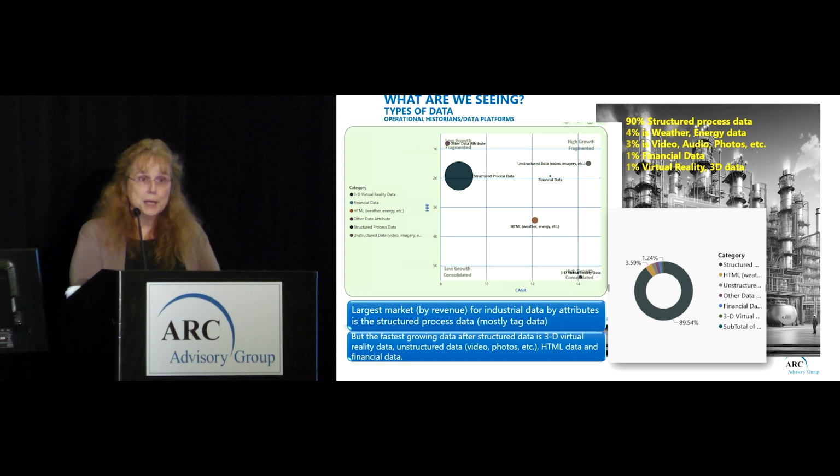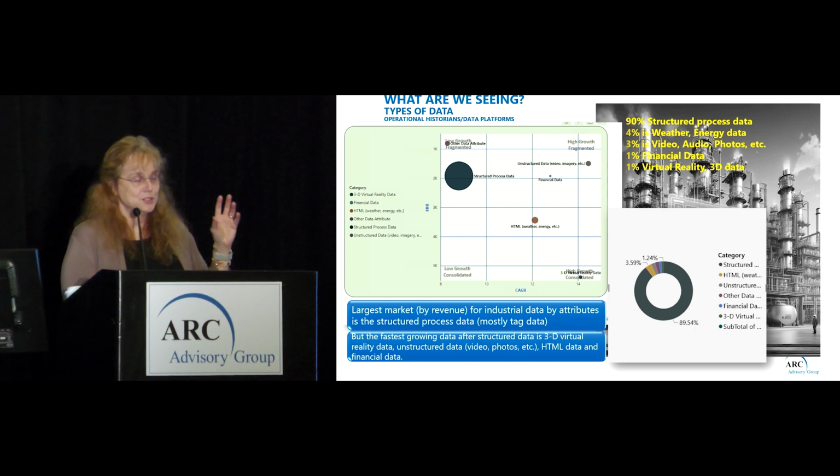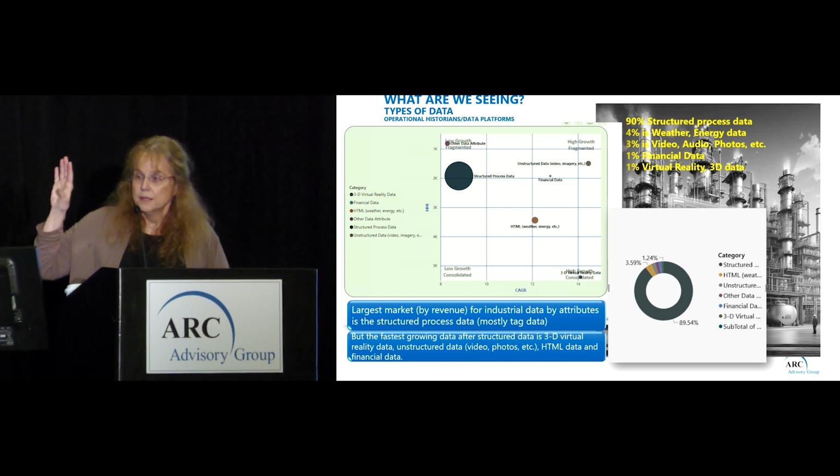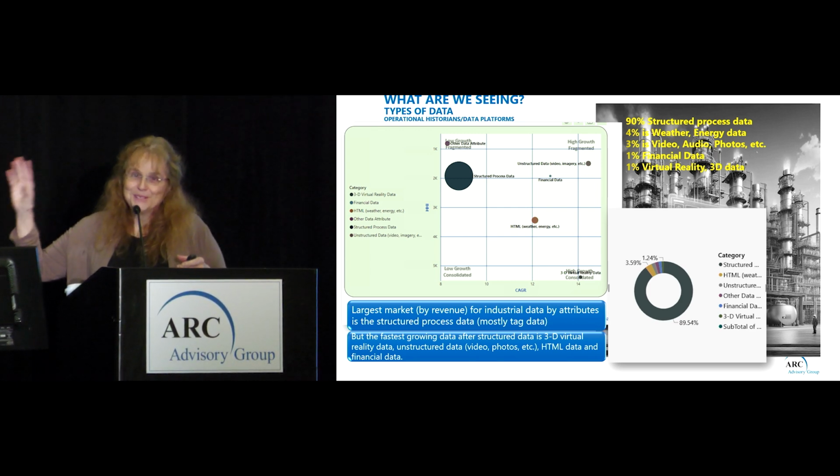So as far as the types of data that we did for this particular research, the structured process data is the bulk of the data in the operational data and industrial data platforms. And you can see by the size of that dark big bubble, that shows you the licenses and services dollar volume. And you can see that that's the data, and I'm not going to explain this chart completely, but